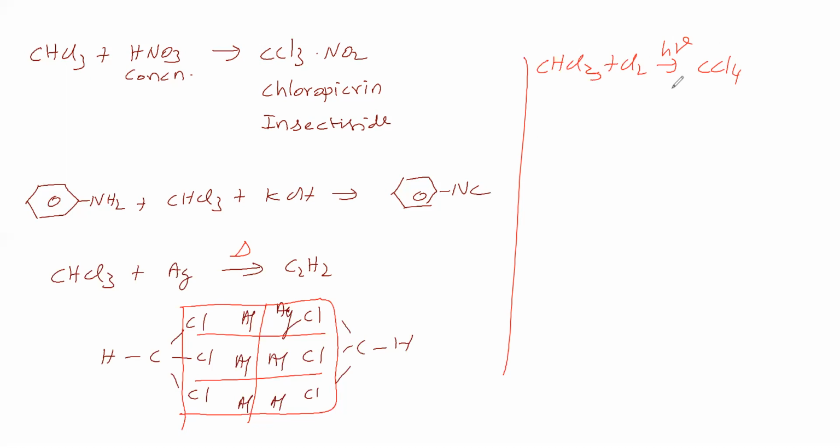In the Reimer-Tiemann reaction, we have to take phenol. Phenol is treated with chloroform in the presence of base, and we get salicylaldehyde. That reaction we will see. So now we are seeing the naming reaction, that is, the Reimer-Tiemann reaction.